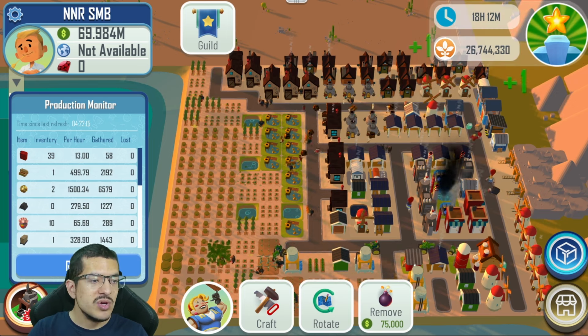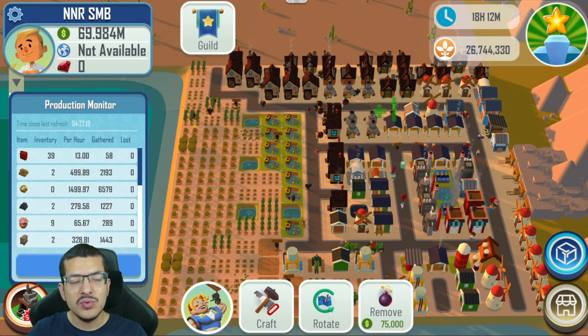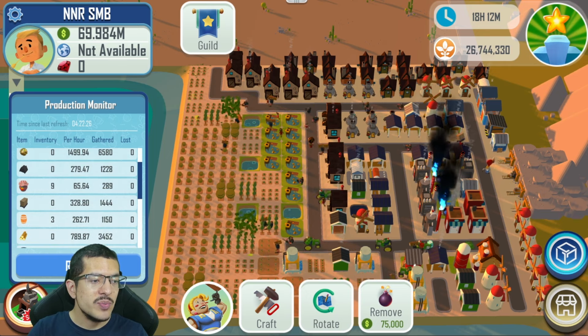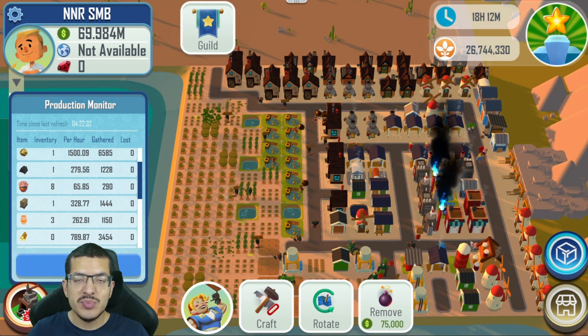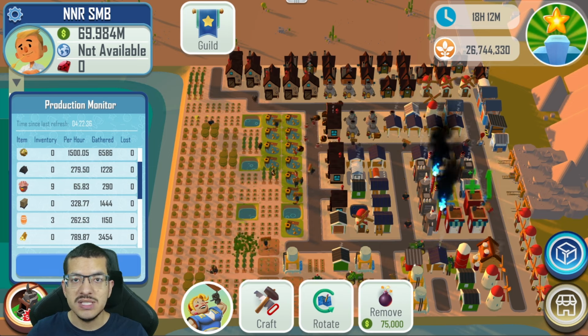So gold is at 499 per hour, basically 500 per hour, and that is enough gold to potentially do 33 Starlight Market Boxes per hour. Iron is at 280, but oak barrels are at 262. So it is overproducing iron, but it's not producing enough oak wood to make more than the 262 oak barrels